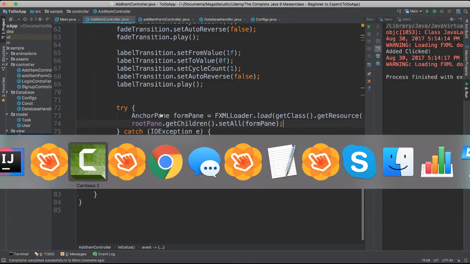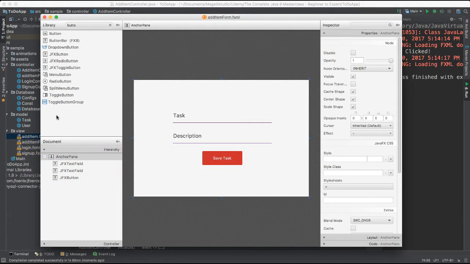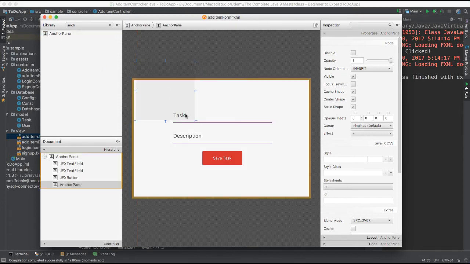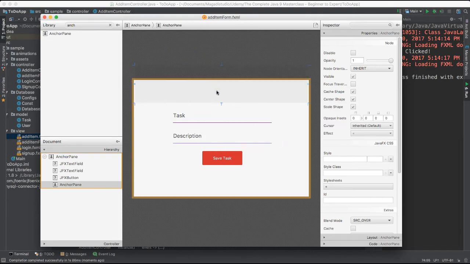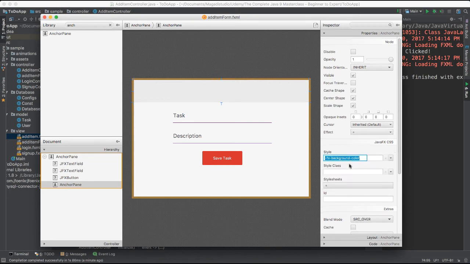So let's go back here. Going to add another anchor pane. Put it at the top there. There we go. Going to change the color. Let's go find